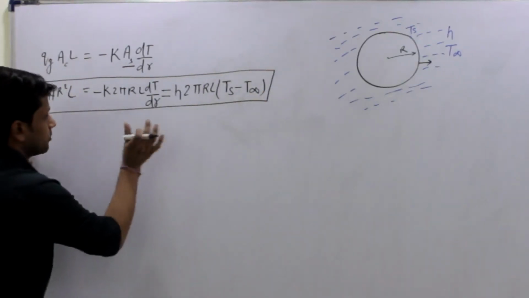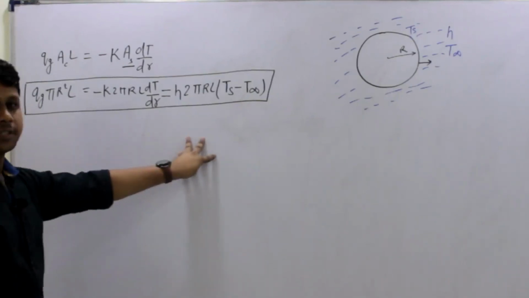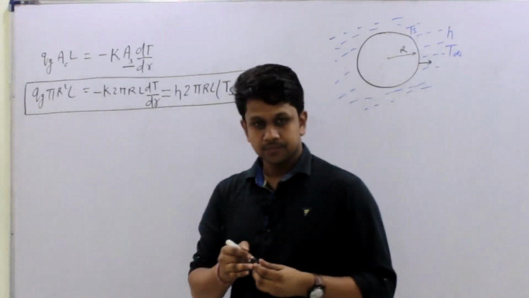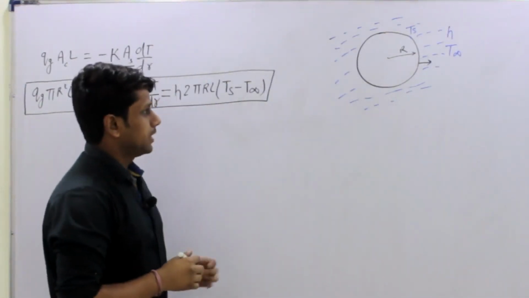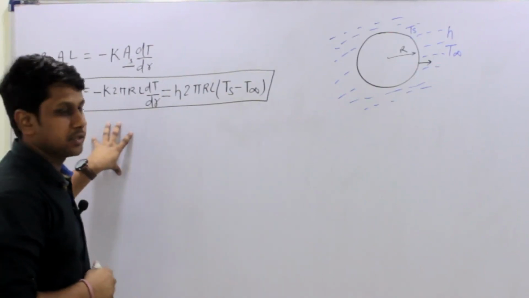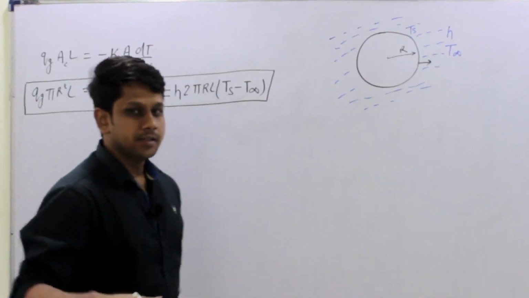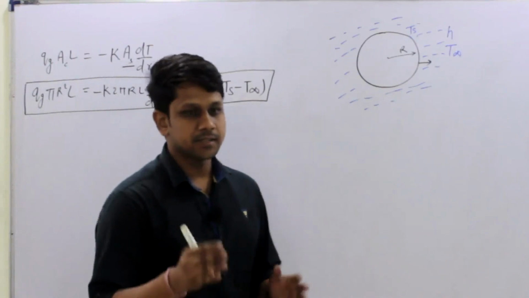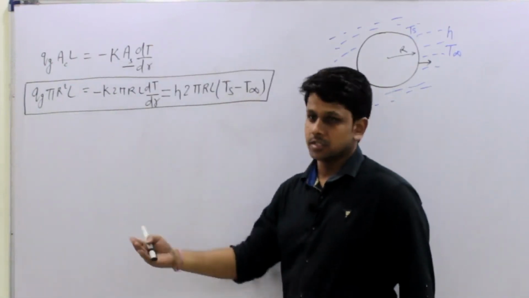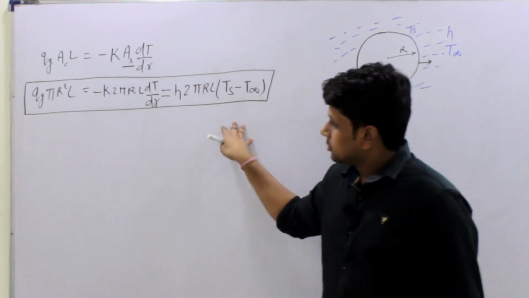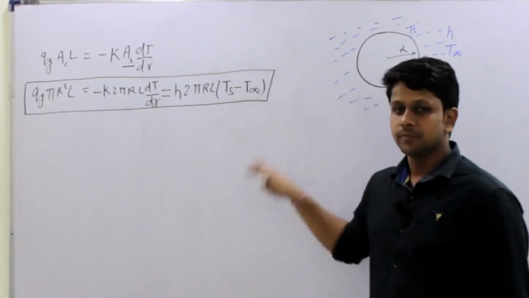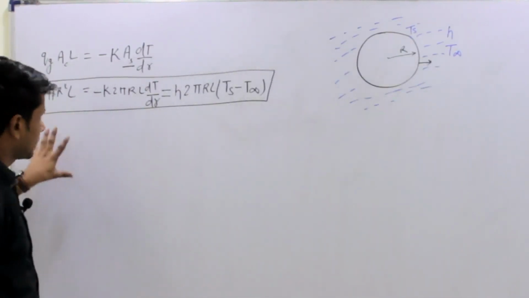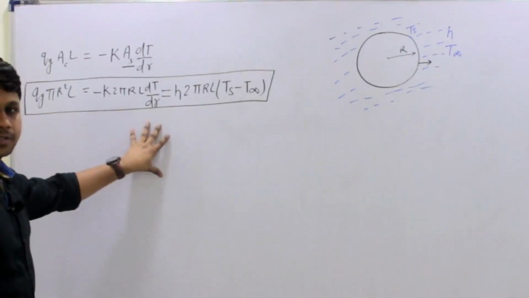So you don't have to remember this equation, right? Don't try to mug up this whole equation. You have to learn how to write this equation, right? So after this lecture, you close your notes, you close your copies, and try to write this heat balance or energy balance equation in case of this solid cylinder. Then only you will be able to solve the GATE problems, because in many GATE problems they are just asking this heat balance only. So the questions are based on this heat balance only, and if you know how to balance the heat in case of solid cylinder, you will get 2 marks in GATE, right? So this is our energy balance equation. So try to understand how to write this equation, don't try to mug up this.